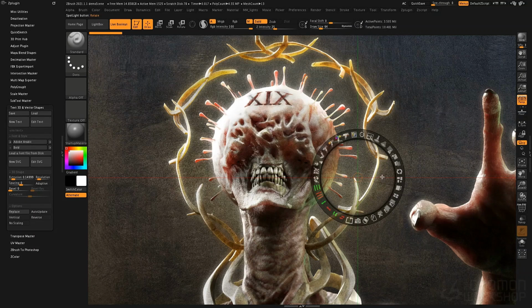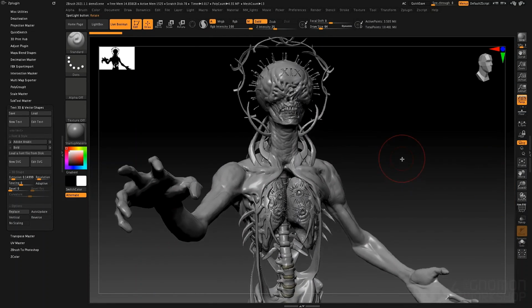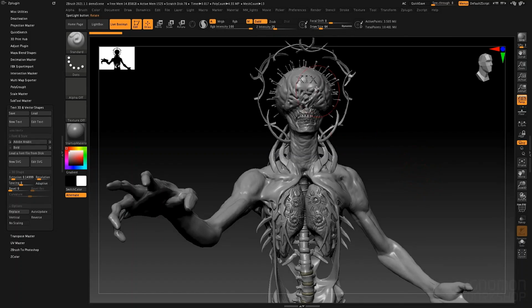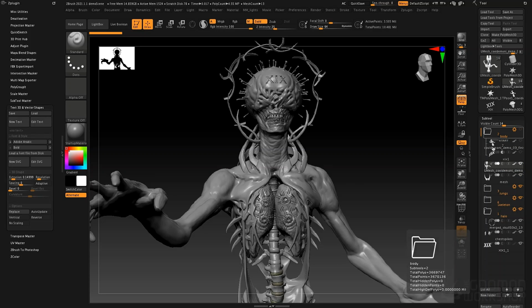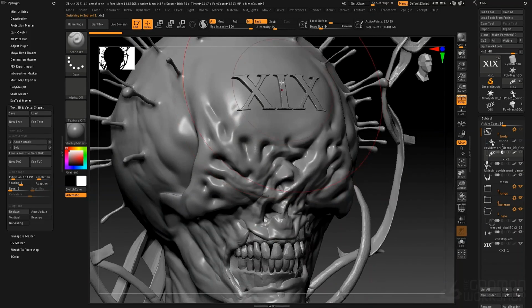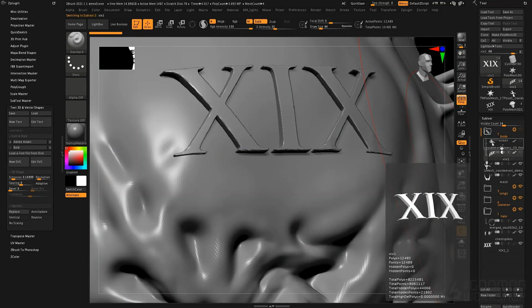I'm going to press Shift-Z to exit out of the Spotlight, and here you can see the Z tool itself. Now, I actually have a live Boolean on right now. If I turn off live Boolean and then go into our subtools and open up the body, here you can see I've actually got the Roman numeral that I used to create the negative space on the head. So if I were to select the head,